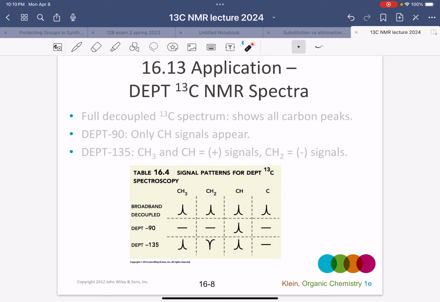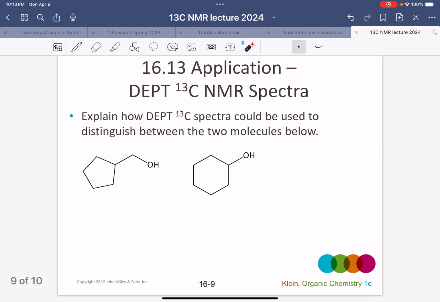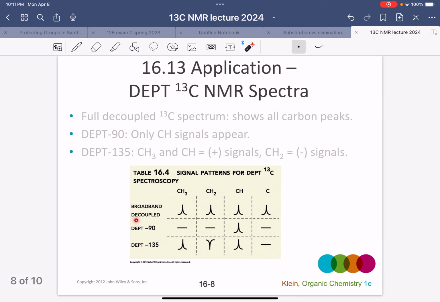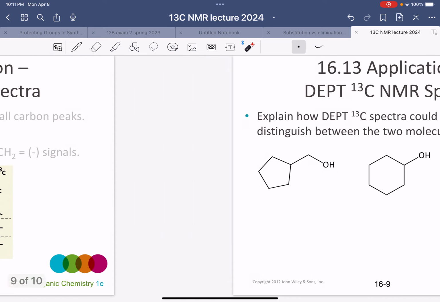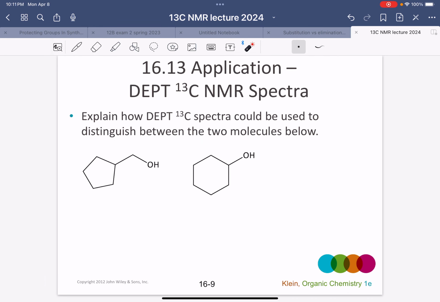Now, I know I went over all of that, and we'll look at this example here. I will say that the spectra that I provide you for the unknowns lab are just the broadband decoupled. So you don't really need to worry about the DEPT 90 and DEPT 135, except for maybe practice problems. Anyway, we could go ahead now and take a look here